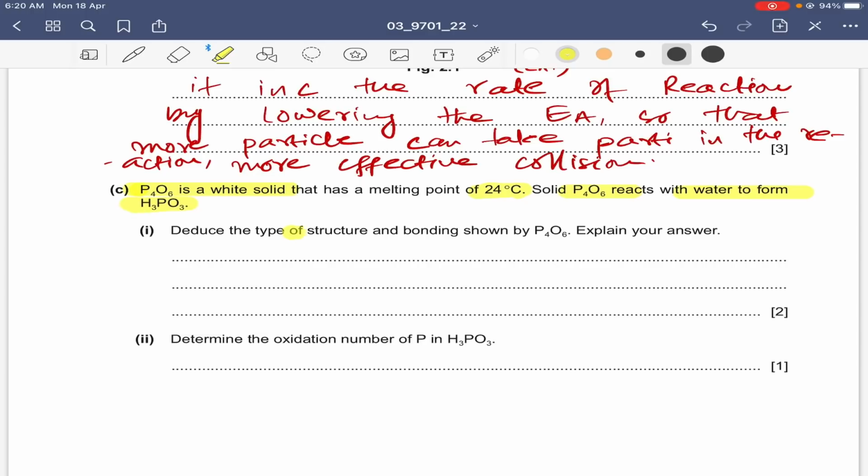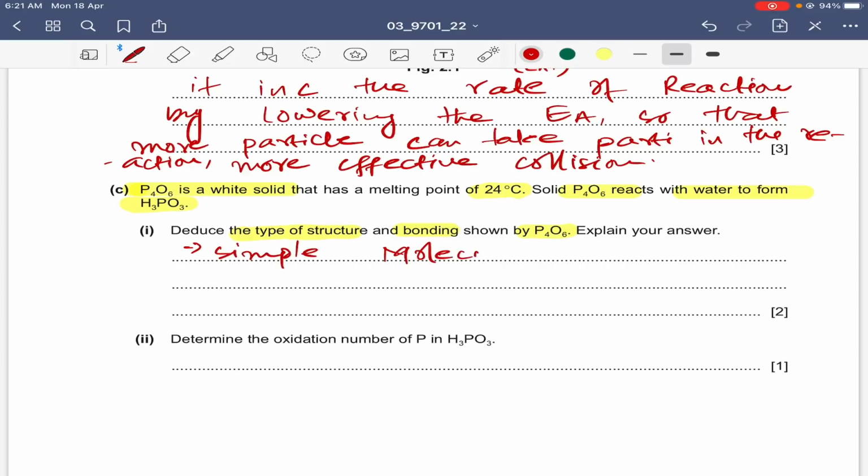Deduce the type of structure and bonding shown by P4O6. Explain your answer. So for the type of structure and bonding, they're telling us that it has a melting point of 24 degrees centigrade. That means a low melting point. That means it is a simple molecular structure. And the type of bonding would be covalent bonds. So the answer would be, it is a simple